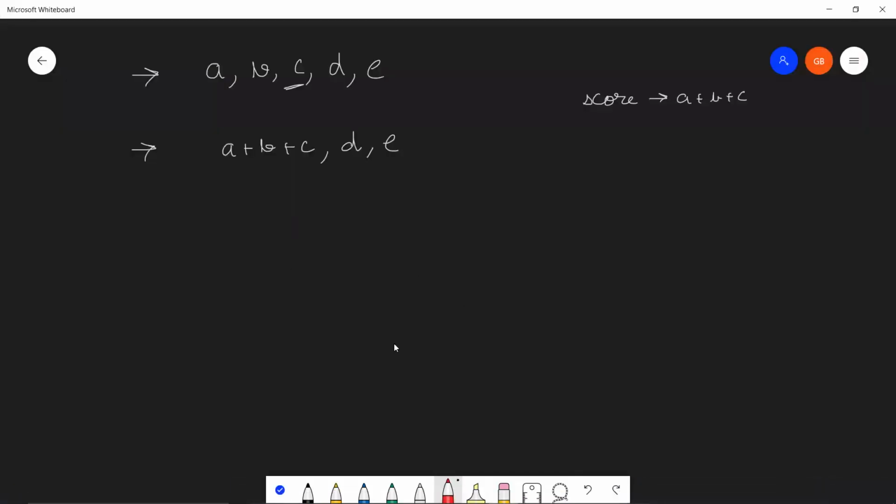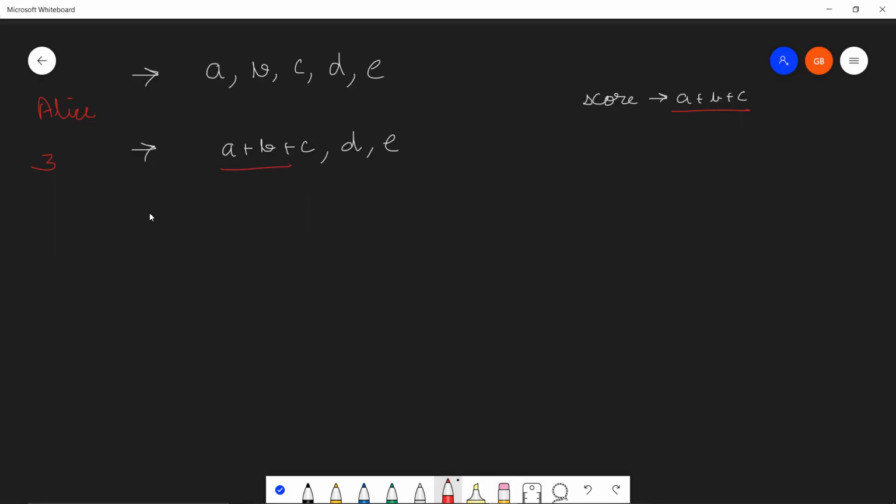Basically, let's say we have 5 numbers in our array: A, B, C, D, E. Alice selects, let's say, 3, so she adds a plus b plus c to her score, and then she creates a stone, whose integer is represented by the sum of a plus b plus c, and she inserts it back into the array.